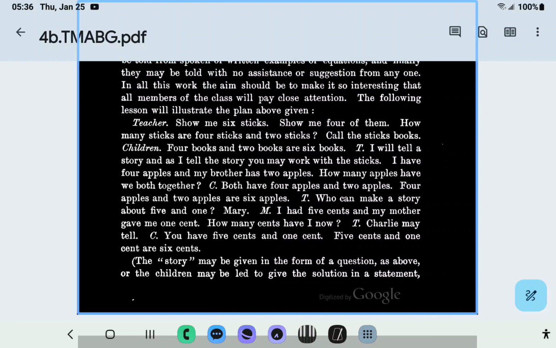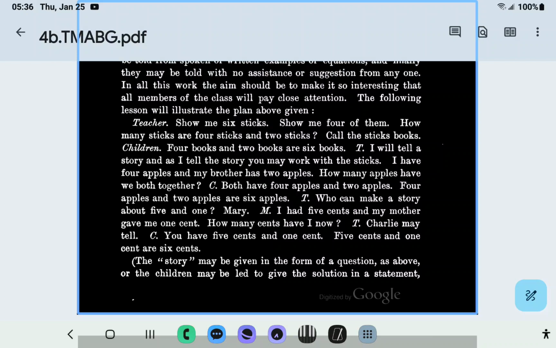Pupils should be led to tell stories involving the combinations which have been taught. The general plan of such work may be as follows. First, let the teacher make a story, each pupil using the sticks as called for. Then each pupil may tell a story, and as he talks, he, with the other members of the class, uses